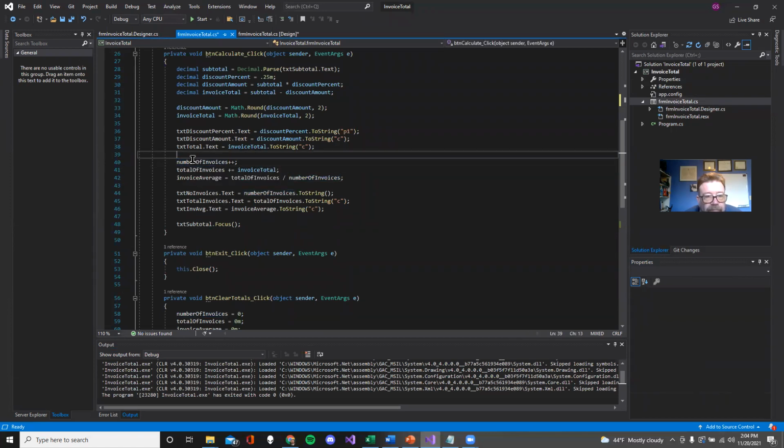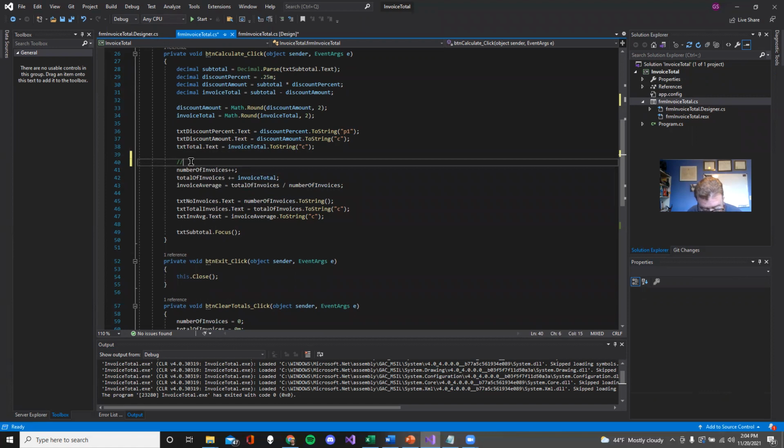And I'm evangelizing using comments here, so I'm going to say class / persistent variables used for stats of the invoices. Okay, good. I'm happy with that. All right, so now